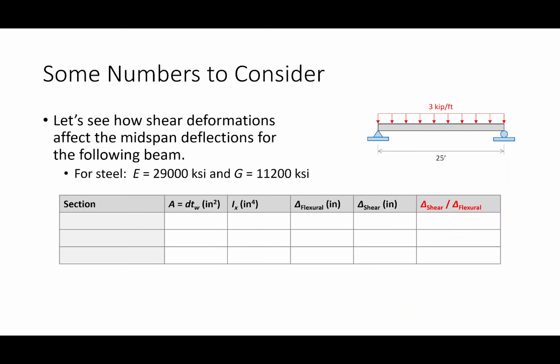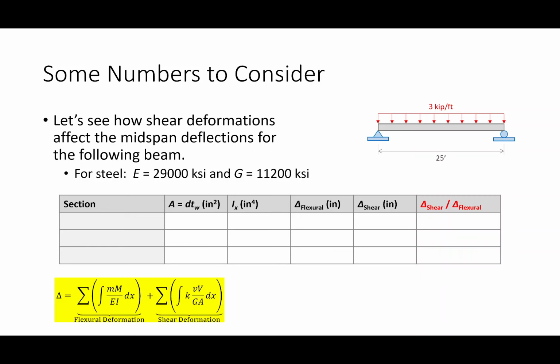Let me show you. All right, here's some numbers to consider. Okay, so I've got a simply supported beam with a uniformly distributed load. We're going to take this as made of steel. So the Young's modulus for steel is 29,000 ksi, and the shear modulus for steel is about 11,200 ksi. We're going to look at shear deformations for this problem. The way that we're going to calculate these deflections is we're going to have a flexural deformation and a shear deformation. Now, because we're going to use rolled I shapes, we're going to take k to be 1. And I went ahead and derived all your moment functions and your shear functions. You all could carry this out on your own if you wanted. Okay, so let me show you what happens.